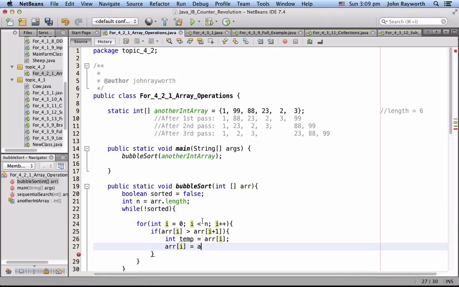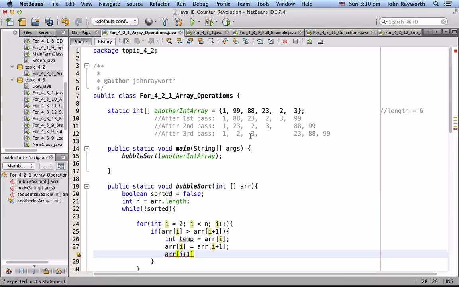It's going to become the value at i plus 1. So for example, if we're looking at these two, if this is indeed greater than that, then that's going to become that. That's what I just did there. And then the second one, the i plus 1, becomes the thing which we had overwritten but saved temporarily as temp. But we're not quite finished